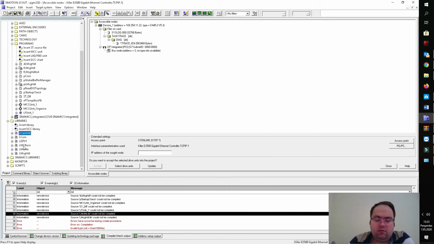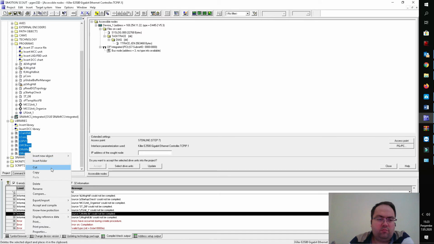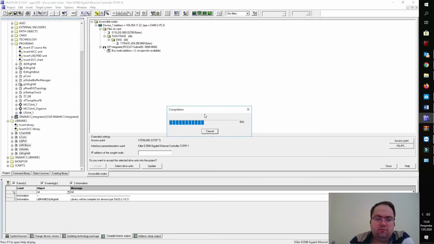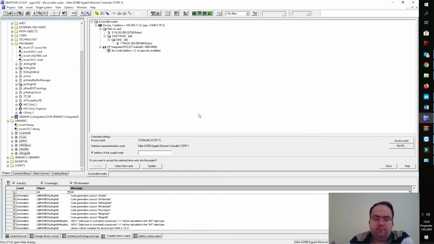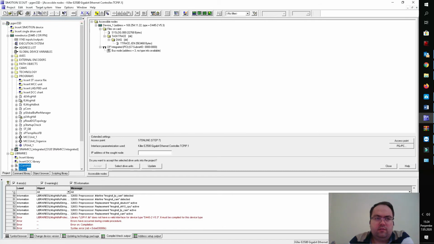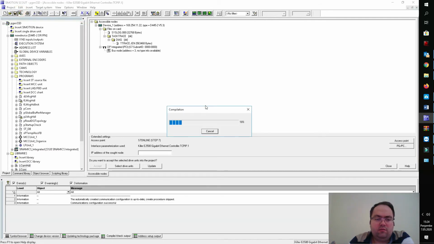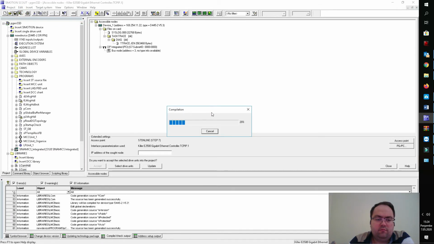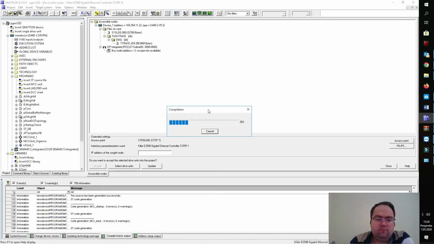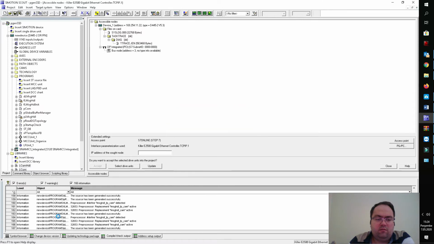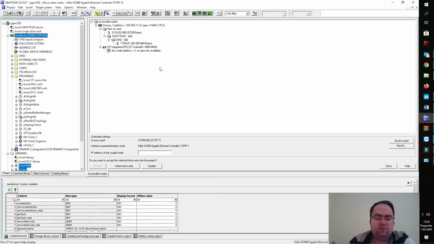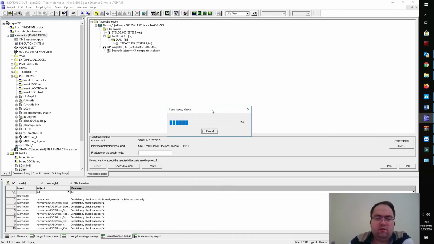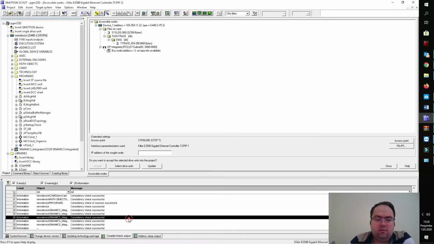Okay, first I should try to compile the libraries. Then I can save and compile the project. And our source code and program project is compiled for the new type of the CPU.